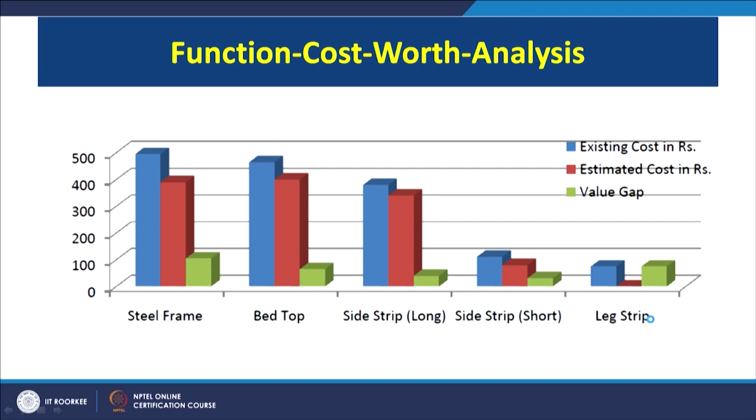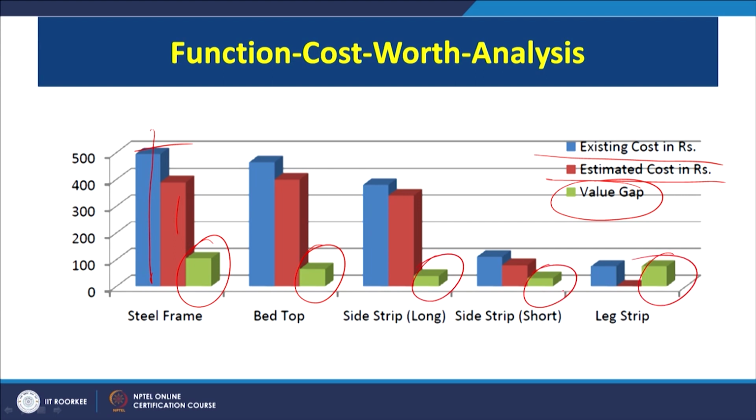So, here we can see again this is the same information represented in the form of a bar. So, this blue tower is showing the existing cost, the red one is showing the estimated cost, and the green one is showing the value gap. So, we can see for each of the sub parts we have a value gap. So, we can try to focus on this value gap, try to experiment with the alternatives, try to check the performance of the product with the alternative materials, alternative thickness of the board, alternative gauge of the pipe, and try